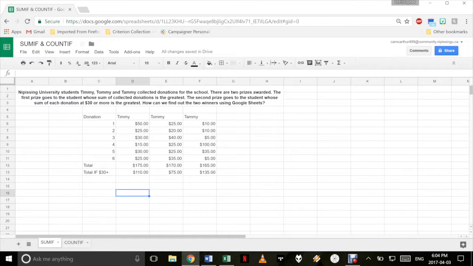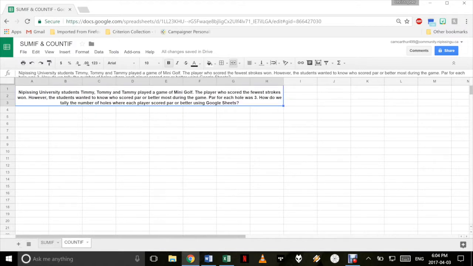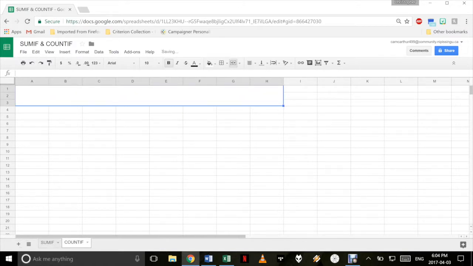Now, the COUNTIF function. The COUNTIF function is a tallying function, also with a condition. So, why would you want to tally something with a condition? Well, let's say, as an example,